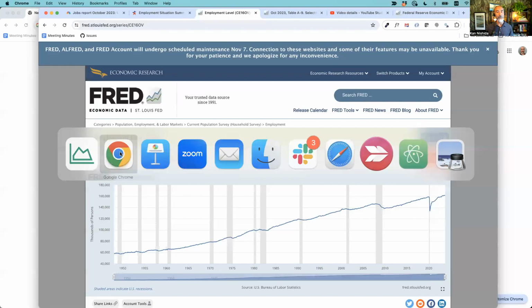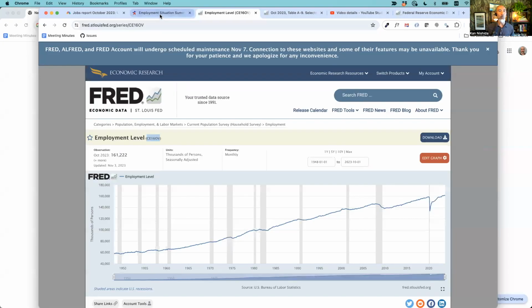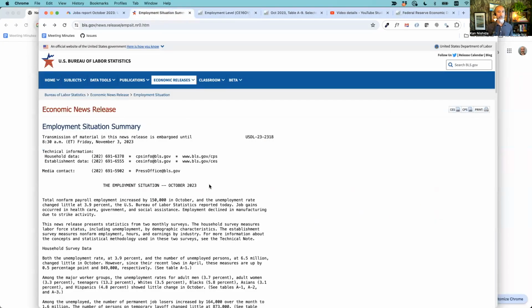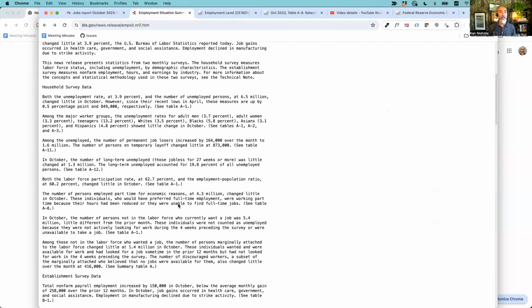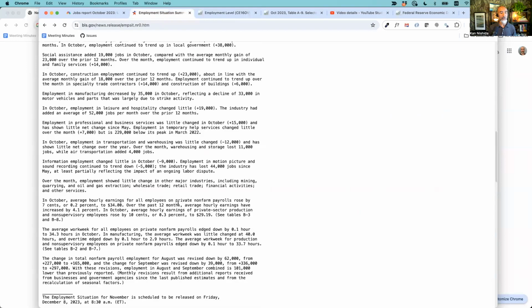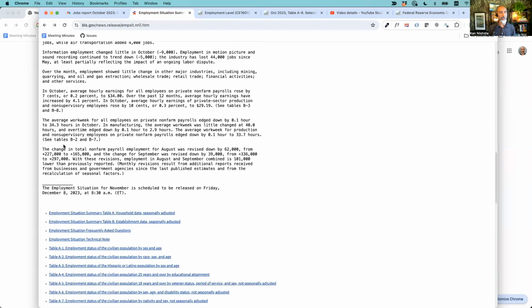Two things I can think of. Okay, so number one, going back to the US Bureau of Labor Statistics, the government website, and then scroll down. There's some kind of weird stuff here, at the very end. The change in total non-farm payroll employment for August, this is total non-farm payroll, that's actually the establishment survey.